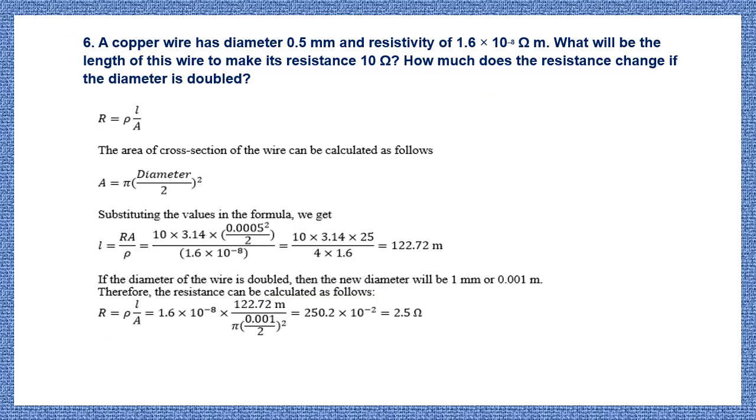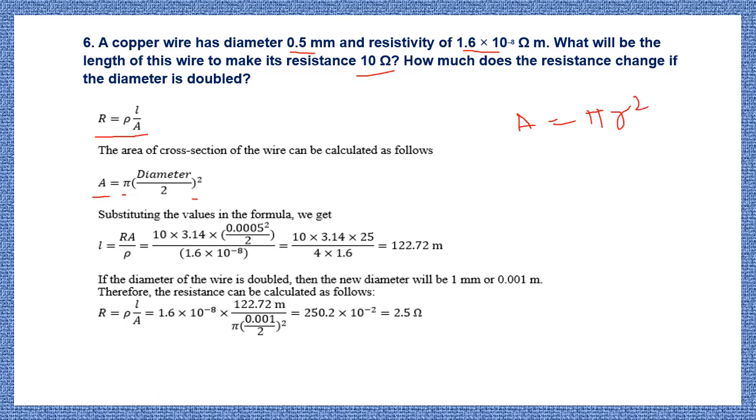Okay, this was the question. I have written it here so that when we are solving it, the terms will be in front of us. The formula that you remember, R is equal to rho L upon A. Before moving further, let me find out the value of A. A is equal to pi into D upon 2 whole square. From where? See, A is equal to pi R square. That you know.